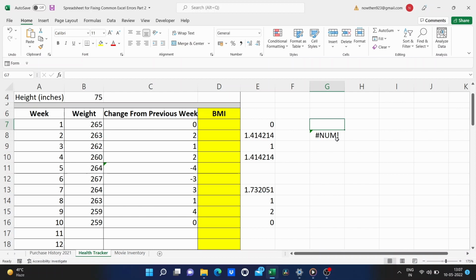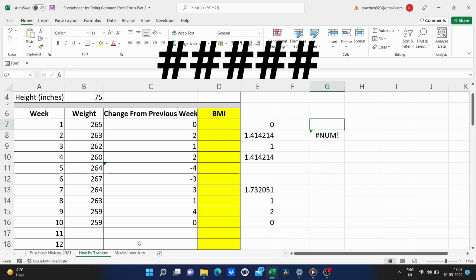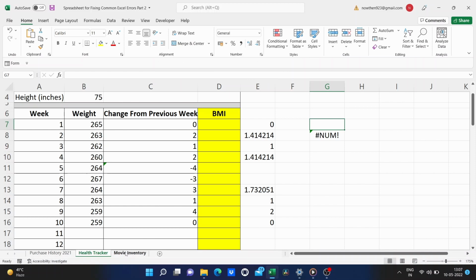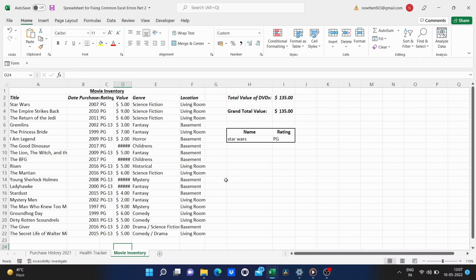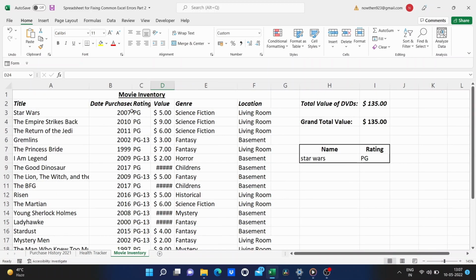The third error message that we're gonna look at this video is pretty simple, pretty easy, and very common. And I'm going to use this third spreadsheet, the movie inventory spreadsheet. So here I have a list of movies and the cost that was paid to buy these movies in DVD format.